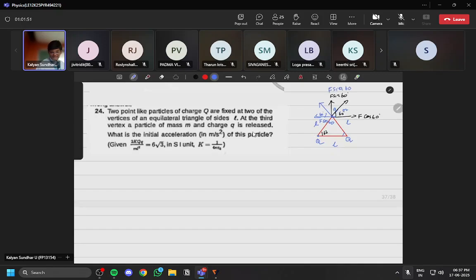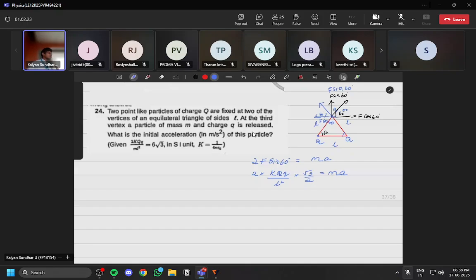So overall, the acceleration is only due to this force. Correct? So how do you write it? 2 times F sin 60 will be equal to mass into acceleration. Force is equal to mass into acceleration, right? So 2 into force, what is the formula? K capital Q small q divided by distance square, L square, into root 3 by 2 will be equal to m into a. Correct. Now they are asking x, and here they have given the value 2k capital Q small q